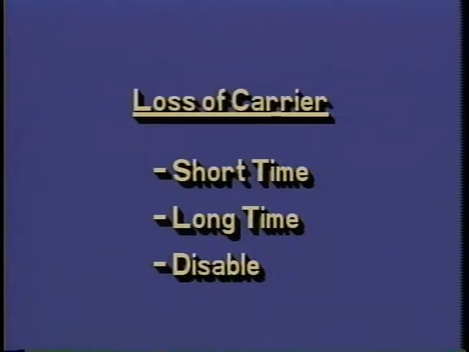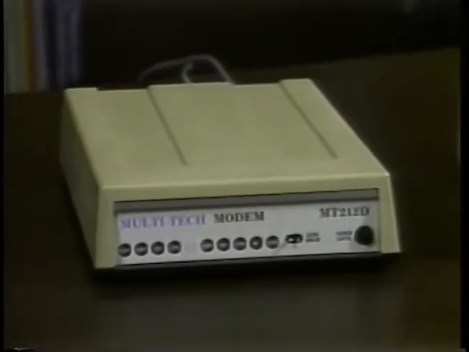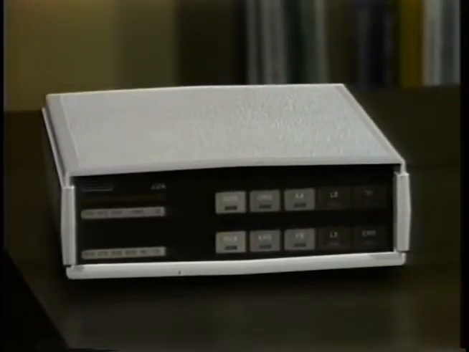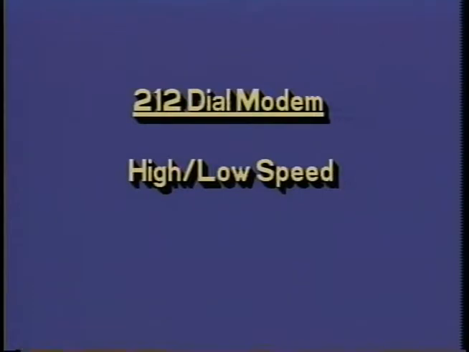If a dial-up modem can also be used on a private line, it's desirable to disable the loss of carrier disconnect function. We can expand our selection of modem options by moving from the low-speed dial-up modem to the 212 type models capable of 300 or 1200 bits per second. The 212 type modems can be optioned for high-speed, low-speed, or both,